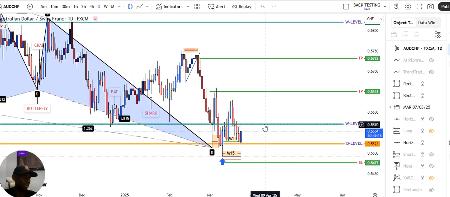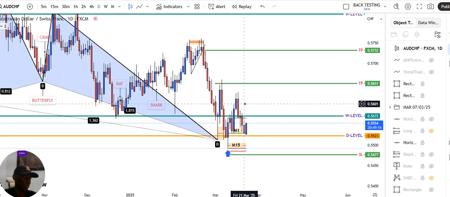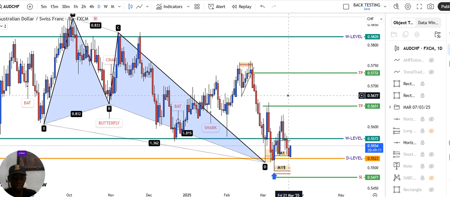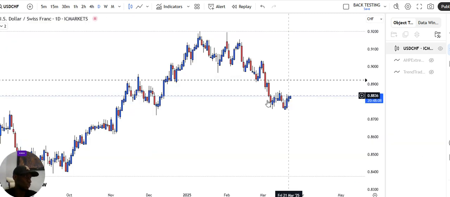Our targets and everything remain the same. Stop loss is yet to be violated. So everything remains the same for this trading opportunity on AUDCHF. Okay, now for